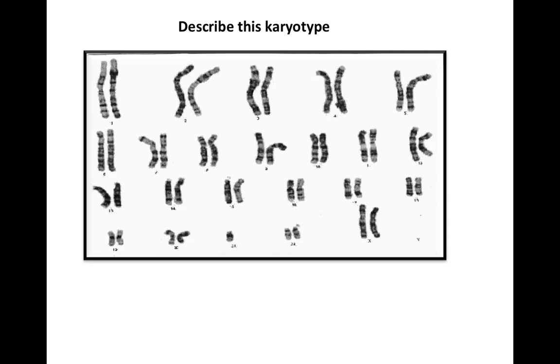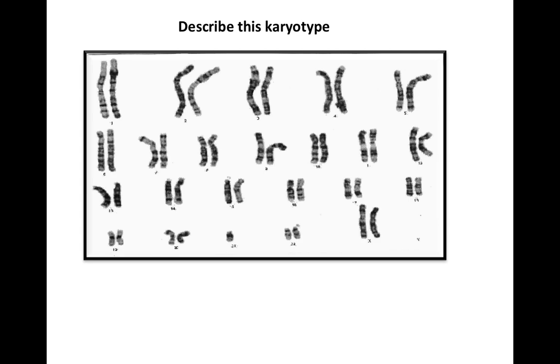Let's describe this karyotype. Again, we look at each pair of chromosomes to see if there is a change in the number of the chromosomes. So we have a single chromosome 21. Before we decide that this is a case of monosomy,